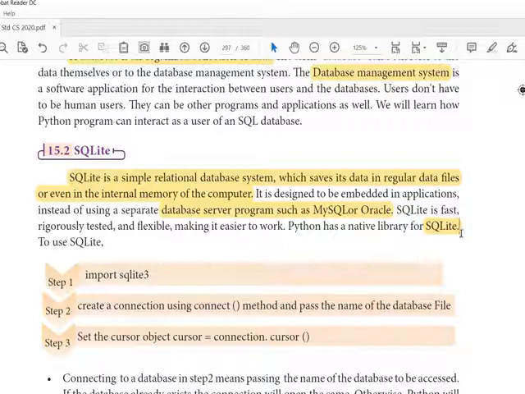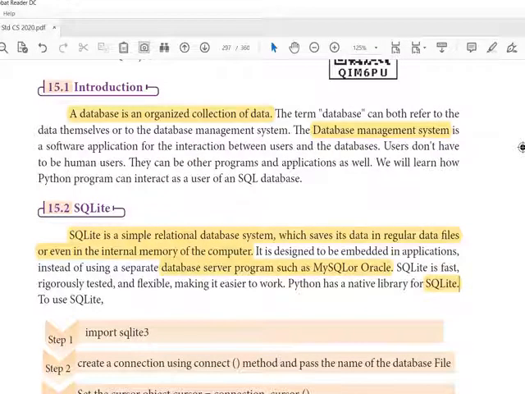So, for this chapter, we need only the Python IDE to create the file, to edit the file, everything. Previously, we had the file as well as the XAMPP server to maintain the database. Here, Chapter 15 explains that Python in its own IDE is going to create the database table, and it is going to delete, edit, and manipulate everything within the Python IDE.